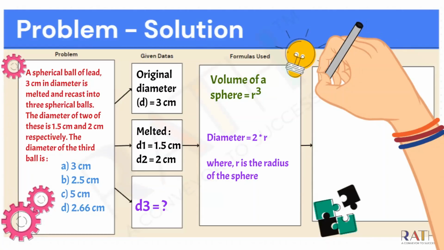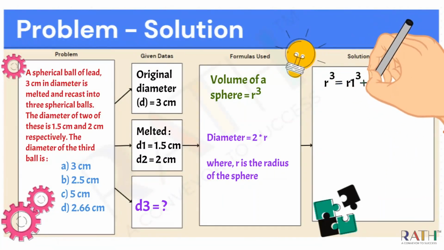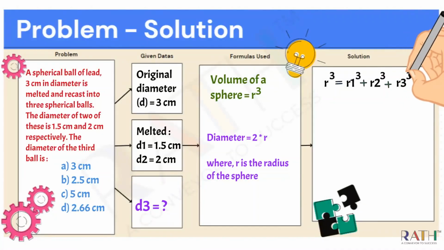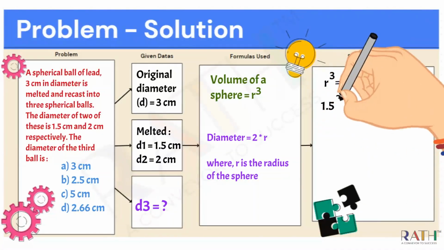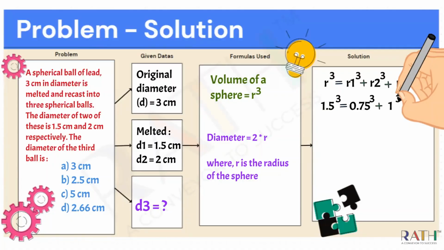Okay. So with this assumption, the volume of the bigger spherical ball will be equal to the sum of the volumes of the three smaller balls. Correct? So that is our first step in the solution, writing this formula. R cube will be the radius of the bigger spherical ball, and R1 cube is the radius of the smallest spherical ball, and R2 is another one, and R3 is another one. Okay. So if you see,